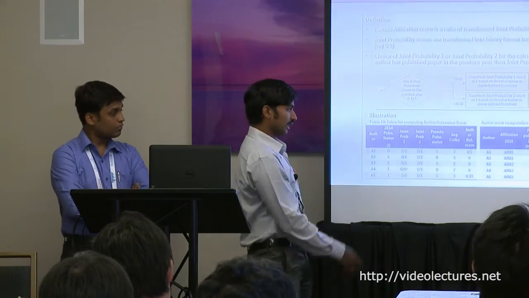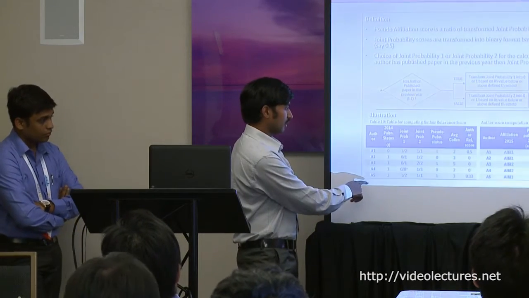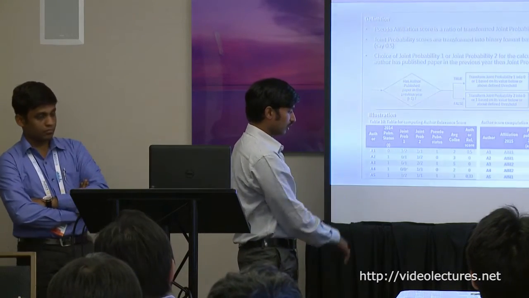So we predict that he will publish a paper, and the average collaboration, which we take from the reach algorithm where we have a collaboration network. From there we take the average collaboration and the ratio of it, which is 0.5. And if you go to author 5, the others are 0, so we'll go to author 5